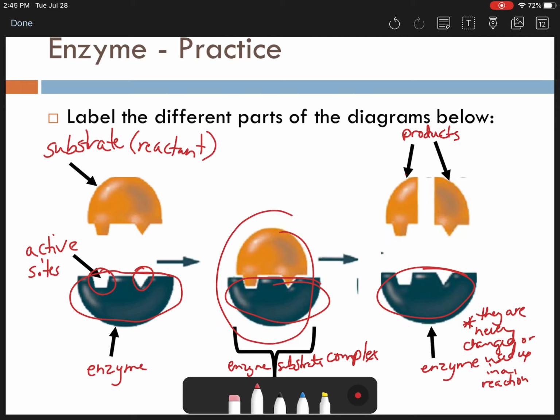Now, what kind of reaction would this be? We started out with one large molecule. Once we formed the enzyme substrate complex, that enzyme did its job. In this case, it's rearranging, breaking the bonds, forming new ones to actually break apart this large molecule into 2 smaller molecules. So this would be an example of a hydrolysis reaction. Remember, lysis means to break apart. So this one would have been an example of a hydrolysis reaction. So make sure you know how enzymes work, some characteristics of